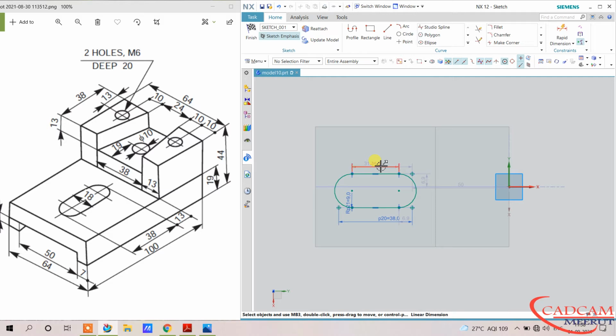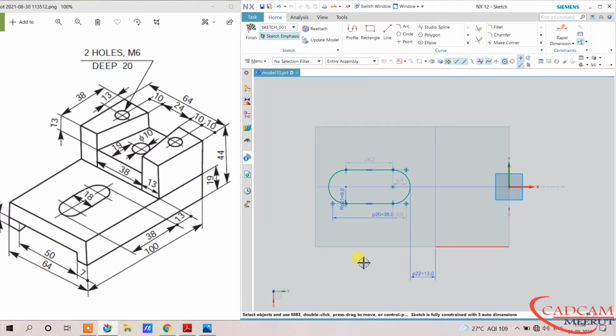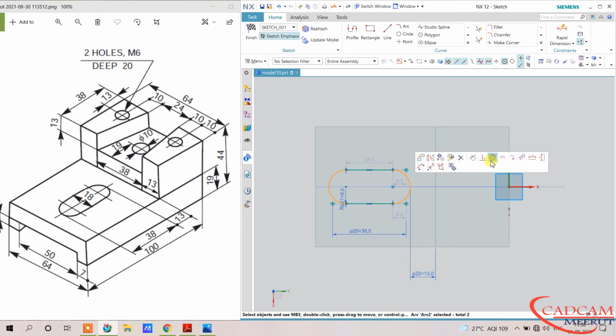And change this line to horizontal, and this center and this line both will be constrained, and the distance between this and this point is 13, close. Okay, only this, no need of this, just select this curve, make them equal.